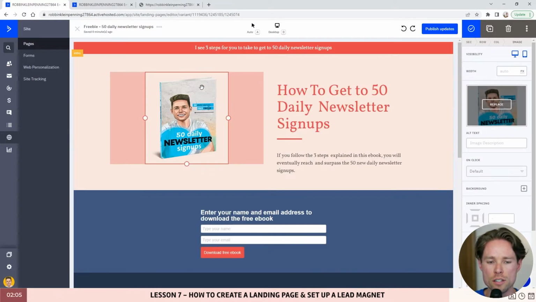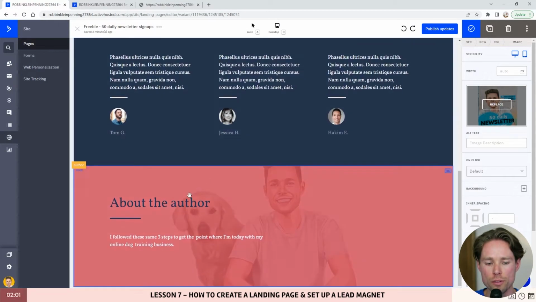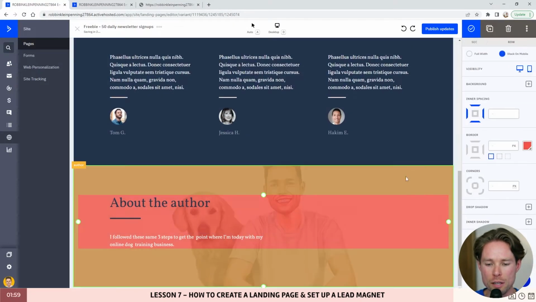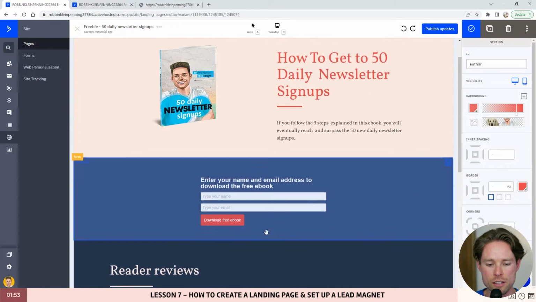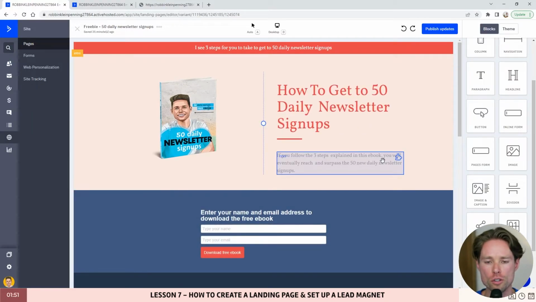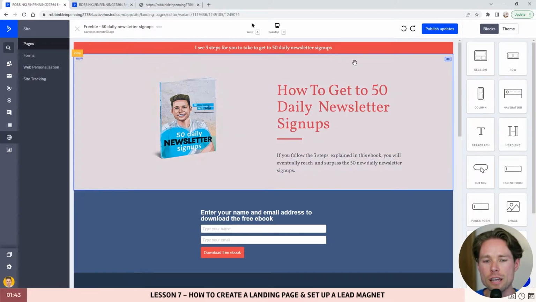how it works. As you can see, I added this image over here. I changed this text. I added this inline form over here, and I changed the background image of this section. As you can see over here, this is the image of this section. I changed the text here as well. So my suggestion is you just pick one of these templates and click around a little bit just to make sure you get comfortable with using the blocks and changing the text and changing the different images, the colors and